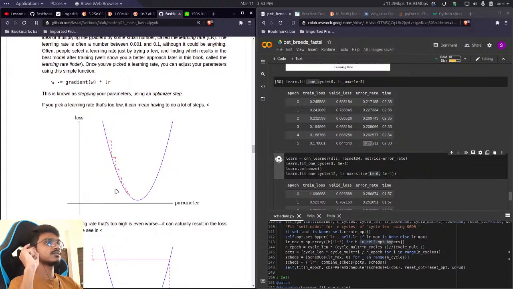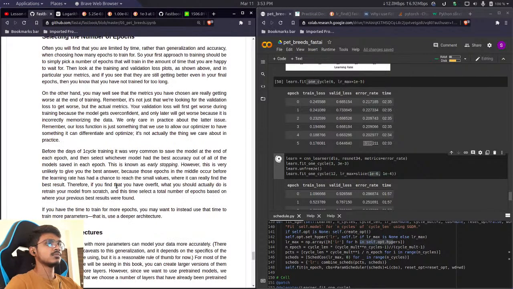The gradients get smaller, I guess. And then to see it over here that,